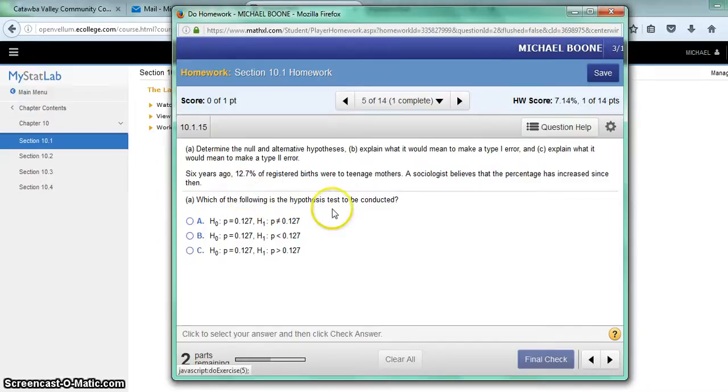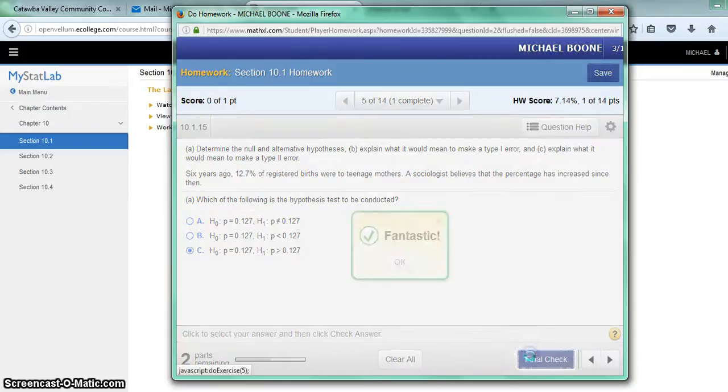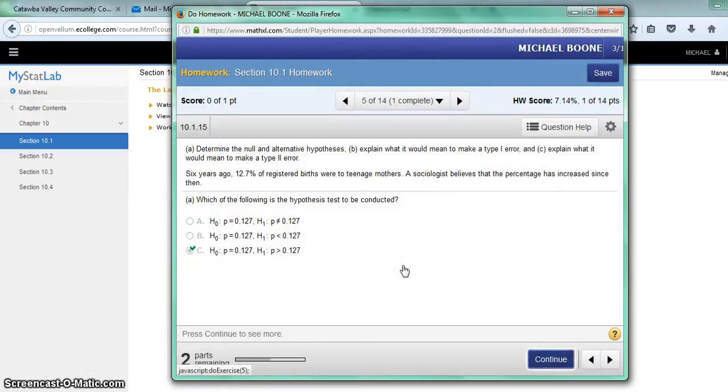Which of the following is a hypothesis test to be conducted? So 6 years ago, 12.7% of registered births were to teenage mothers. A sociologist believes that the percentage has increased. So that gives us an idea. For our dealings, the null is always going to be an equal to statement, so it's equal to 0.127. And the alternative, they gave us a clue, they said increased, so that means a greater than. Next part will say,